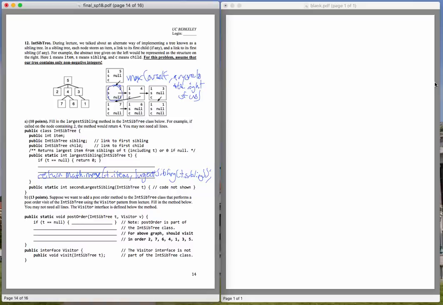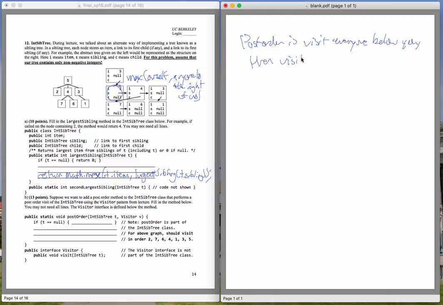So now we move on to 12b, in which we are asked to implement a post order traversal of the sibling tree. So if you remember what post order is, one thing that's good for this problem is just think of how you would do this post order, assuming it wasn't a sibling tree, it was just a normal binary tree or just a normal tree, and then extrapolate from there. So if you remember, how post order works is that you must visit all of your children first and then visit yourself. So post order is visit everyone below you,